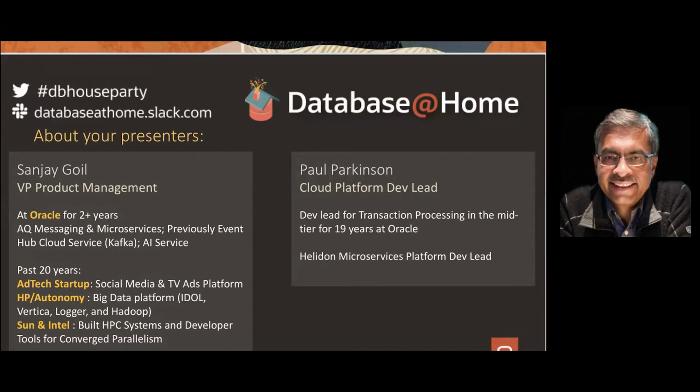I have a lot of experience on the app side, did a startup in social media and TV ads, but mainly go back to building platforms, a big data platform at HP, at Autonomy, using things like unstructured data, Vertica, Hadoop, and other things. And at Sun and Intel, prior to that, building HPC, high performance computing systems and developer tools. So that's my background.